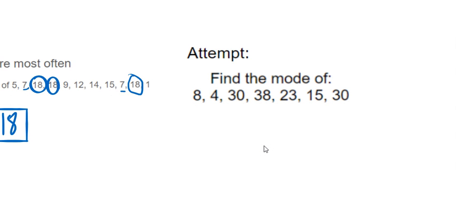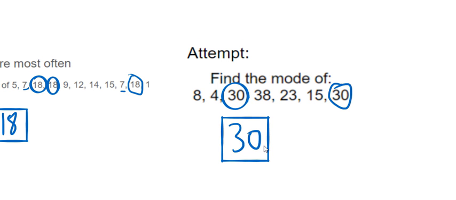So if you want to just try this one quickly, you might be able to just have a look at it now and think of what your answer is. So I can see here anyway that 30 clearly appears twice. No other number appears twice or more, so 8 appears once, 4 appears once, 38, 23 and 15 all appear once. So the answer there is 30. So 30 is the mode